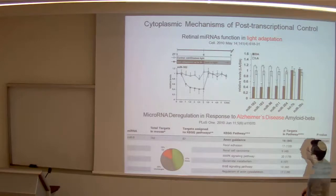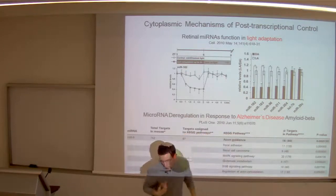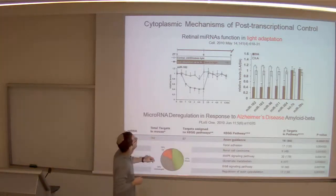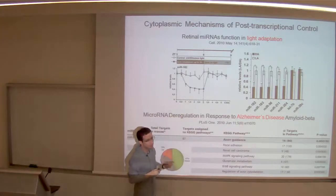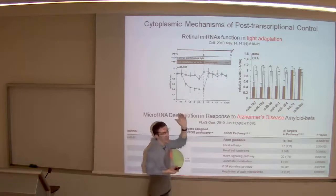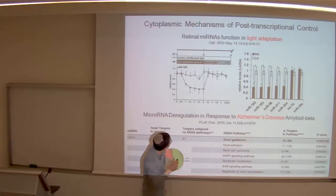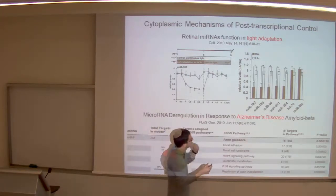Okay, here are just two examples of biological function of microRNA in neuronal systems. That's a Cell paper that shows that the system here is the retina of Drosophila, light adaptation of the retina of Drosophila. When you take this retina and put it in a dark environment and then switch it back to a light environment and back again to a dark environment, lots of the microRNA population is altered. Specifically, they show here the temporal profile of one specific microRNA. You see that its level decreases and then increases back again when you put it back in a light environment. And these are additional examples for